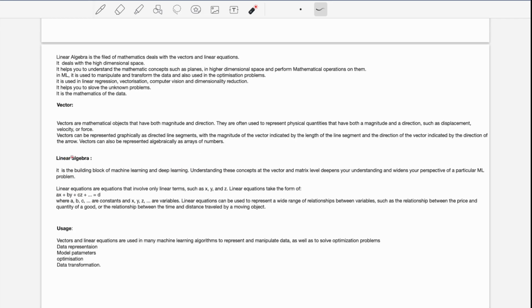So sorry, it is a linear equation. If there is a given equation ax plus by plus cz is equal to d, then a, b and c are constants and x, y and z are the variables. So the linear equation can be used to represent a wide range of relationships between the variables, such as the relationship between the price and the quality of the food,